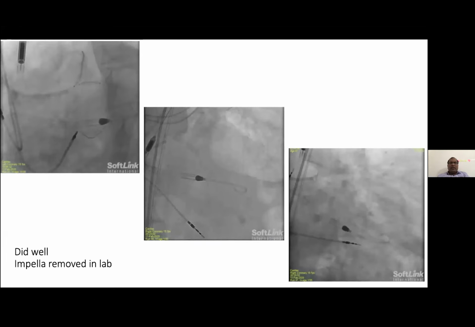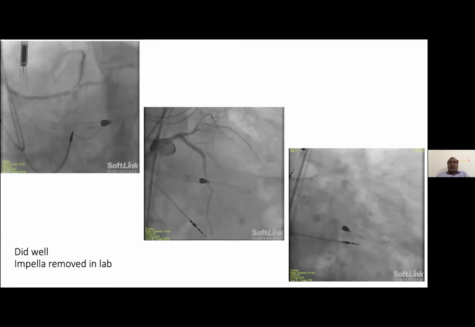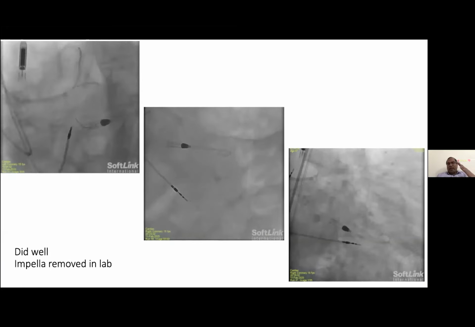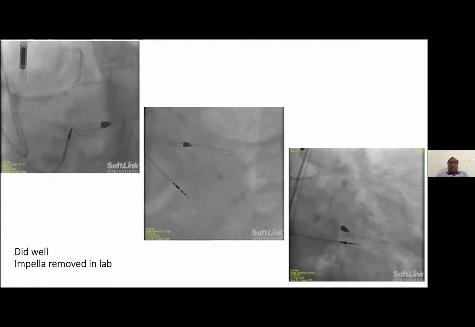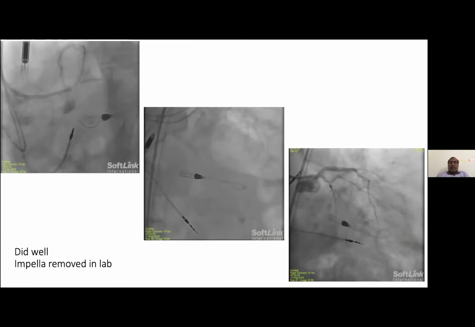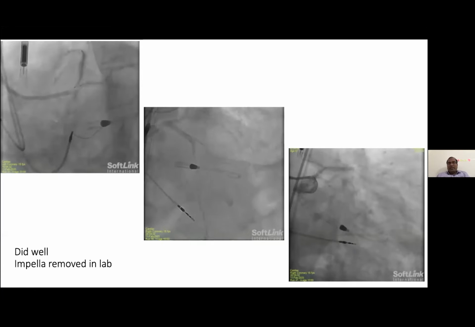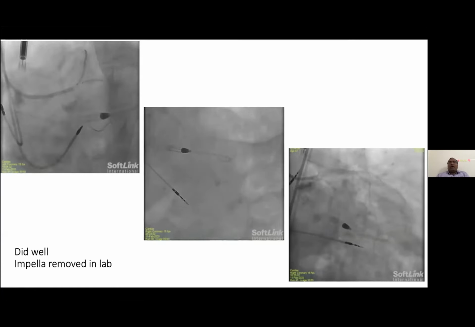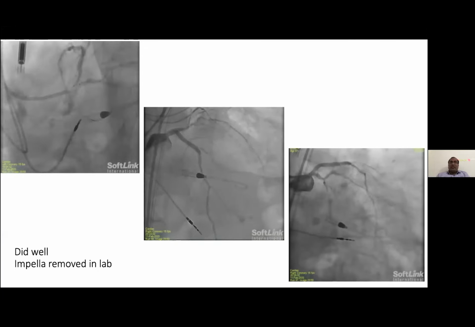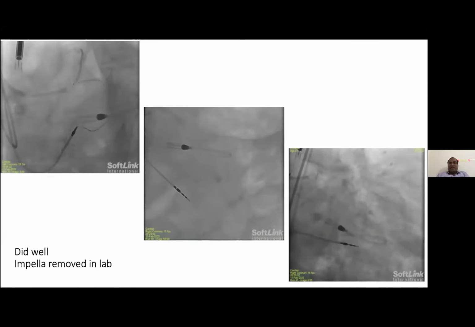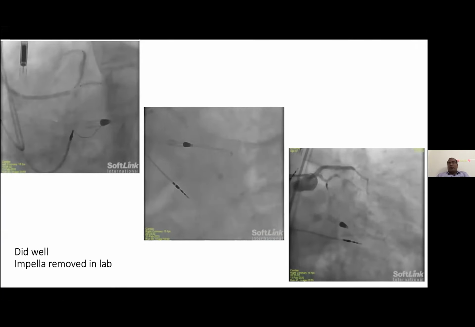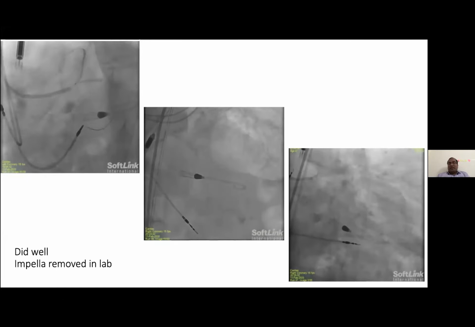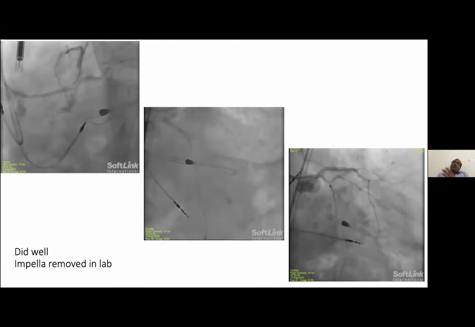Good. Then we serially, I didn't show all the pictures for time's sake, we serially dilated the distal left main, LAD and circumflex system with angiosculpting, with the cutting balloon Wolverine 3.5 into 8 on both sides, followed by long non-compliant balloon dilatation on the distal left main and LAD circumflex. Then we used a mini-crush strategy to stent the left main, LAD and circumflex, with the circumflex being the side branch,